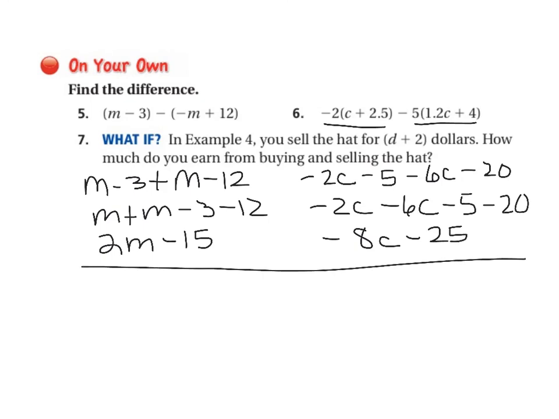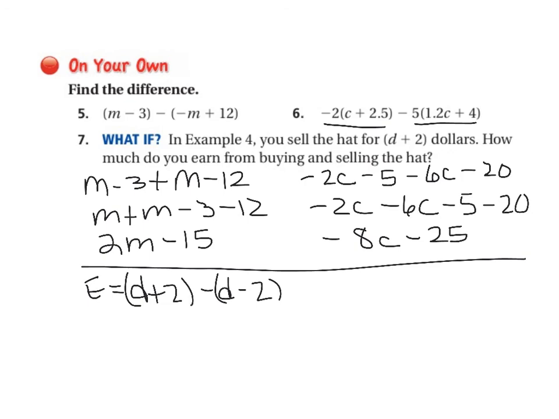And now we're going to take a look at number 7. It says, what if in example 4 you sell the hat for D plus $2? How much do you earn from buying and selling the hat? So if our earnings equal our selling price minus the purchase price, and they are telling us that now our selling price is D plus 2, and our purchase price is still D minus 2,